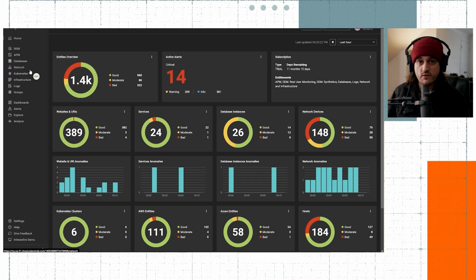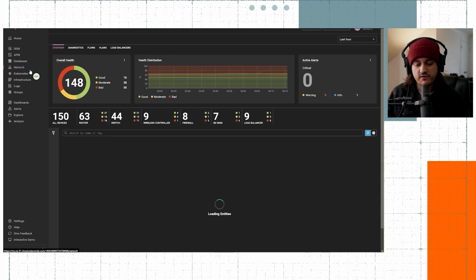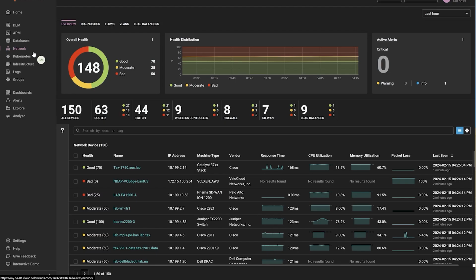Now, NetPath, you're speaking my language because NetPath is one of my favorite pieces of technology on the self-hosted side of things. So I'm going to go ahead and jump into the network area and show you some of the different things that we can pull in from that network collector on the SaaS side. Once you deploy that collector, you can configure it to discover different network devices over SNMP. And you can see, similarly to the on-prem solution, we're going to auto-categorize all of those different devices for you. I can see what my routers are, switches, wireless controllers, firewalls.